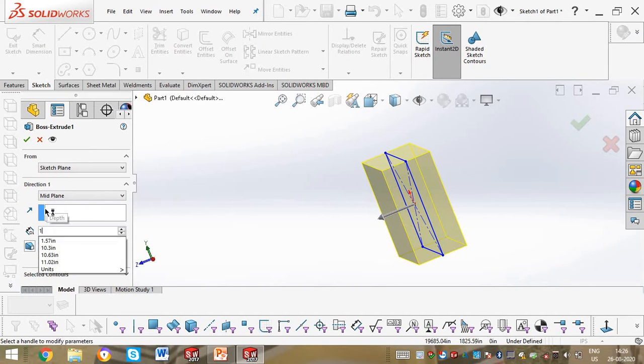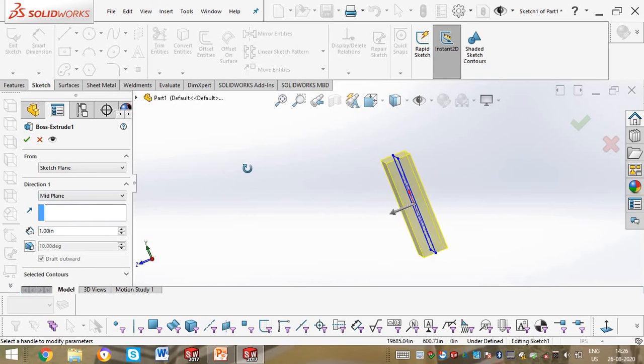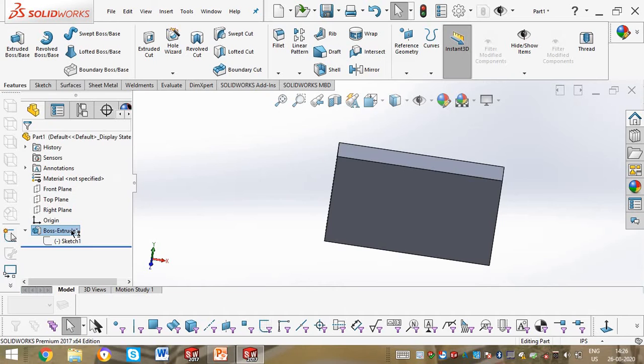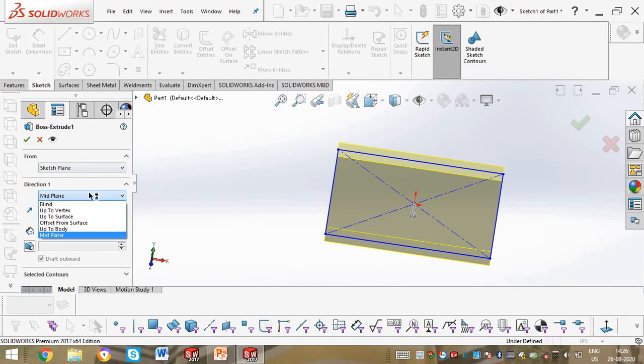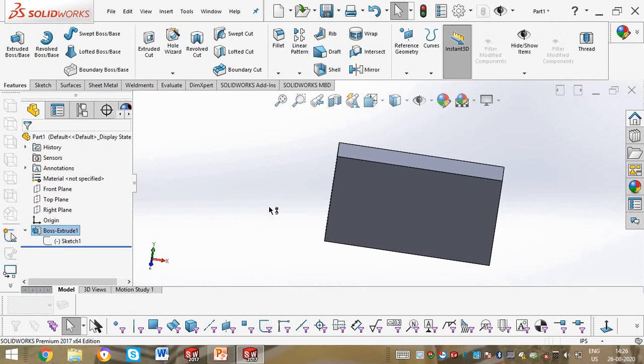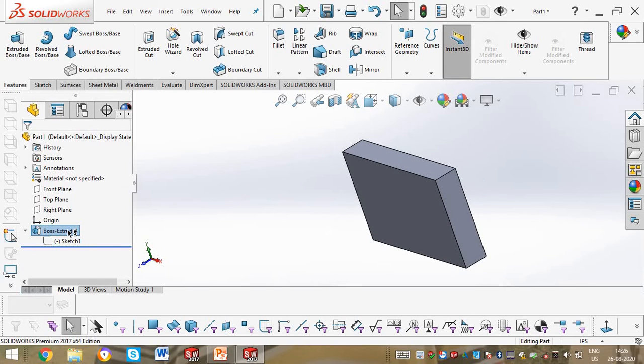We have mid plane. For the mid plane, you should give the distance. If you require a total of 10 inches or 10 mm, you should give 5, so that it will be divided by 2. You should give the distance divided by 2. It will take 5 from this side and 5 from that side.